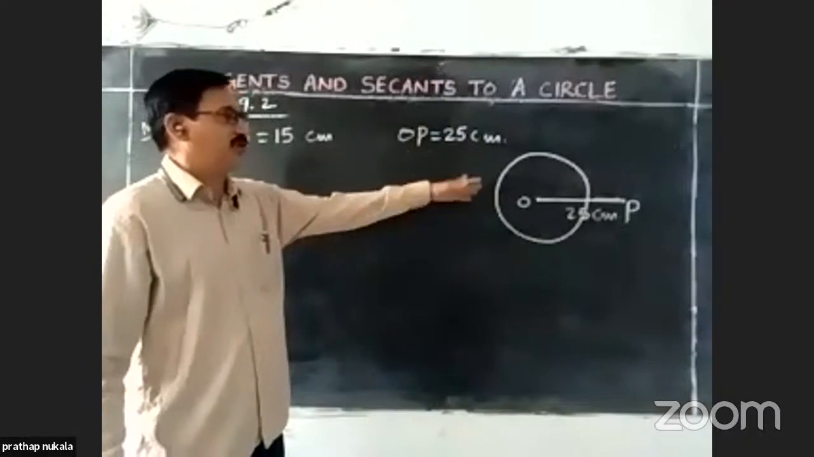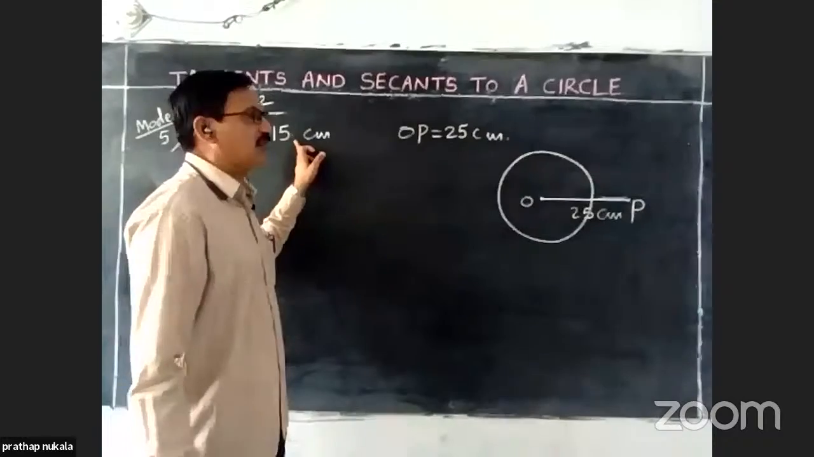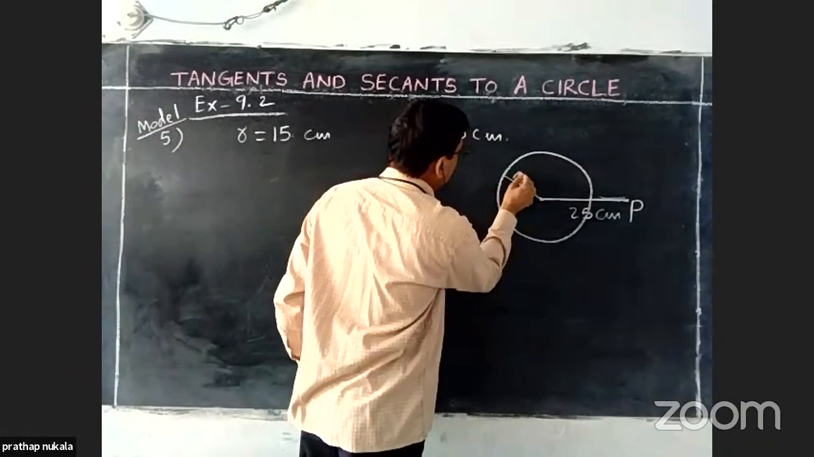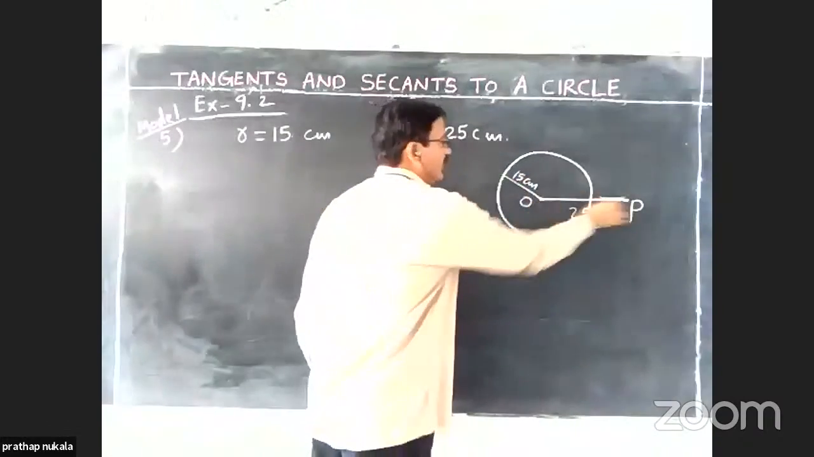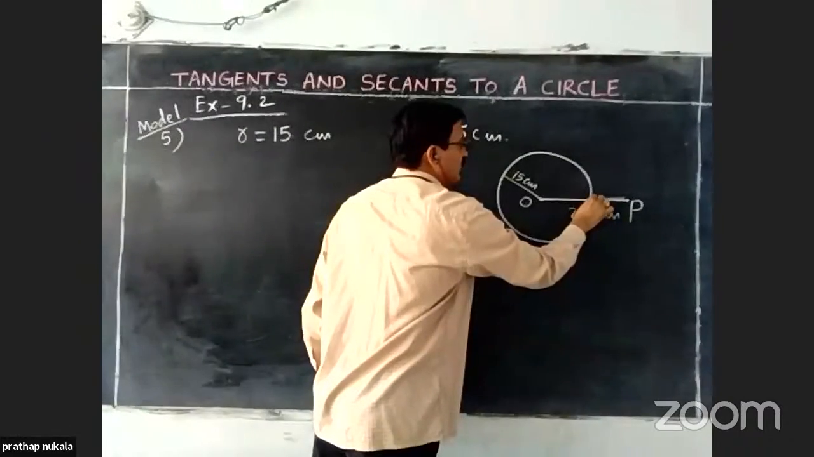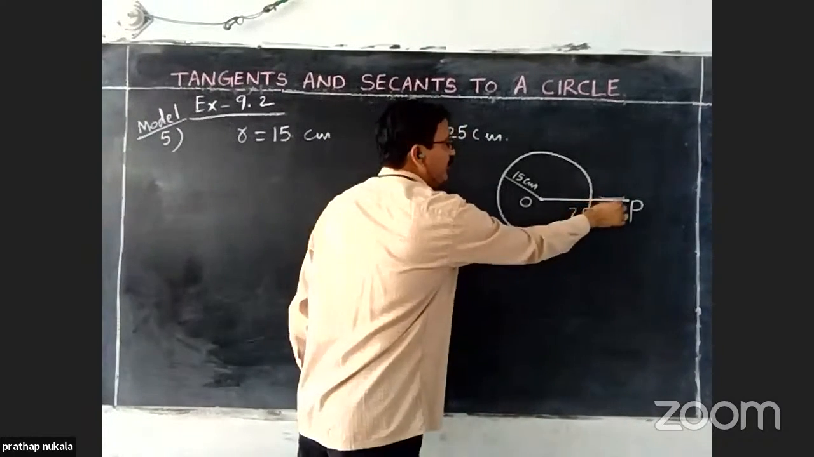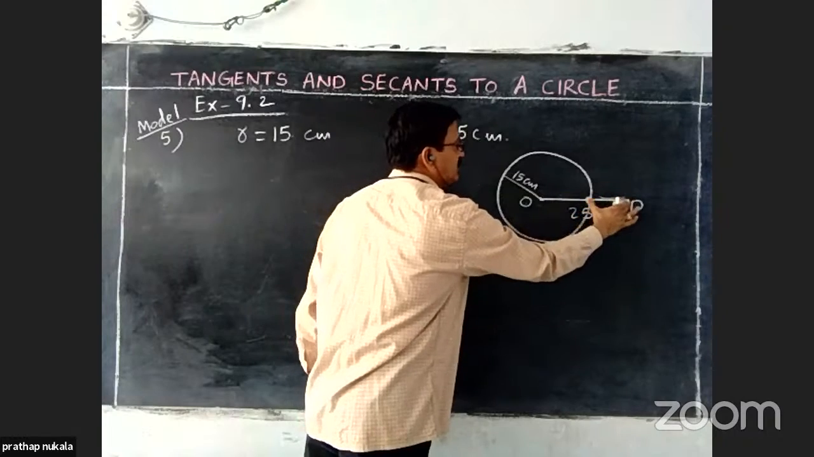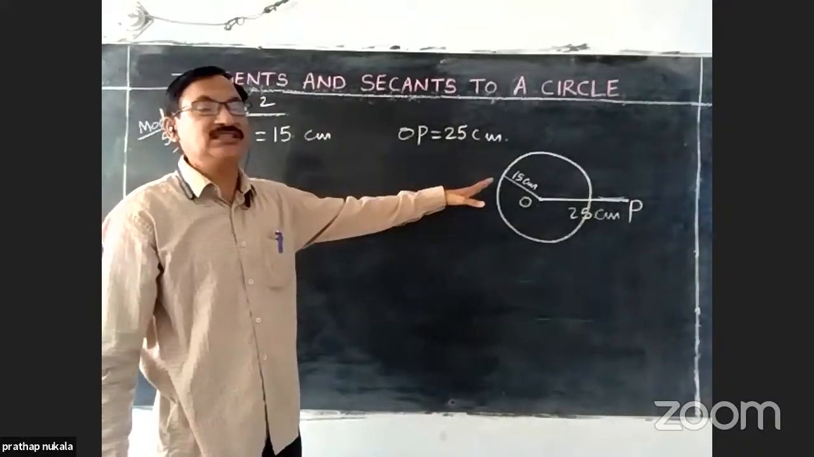Then, what is the second step? First, we draw a circle of the given radius 15 centimeters. Here to here is 15 centimeters, here to here is 25 centimeters. Then what is the distance between this point of contact and the outside point? It will be 25 minus 15, which is 10 centimeters. This distance will be 10 centimeters. Now, the second step is